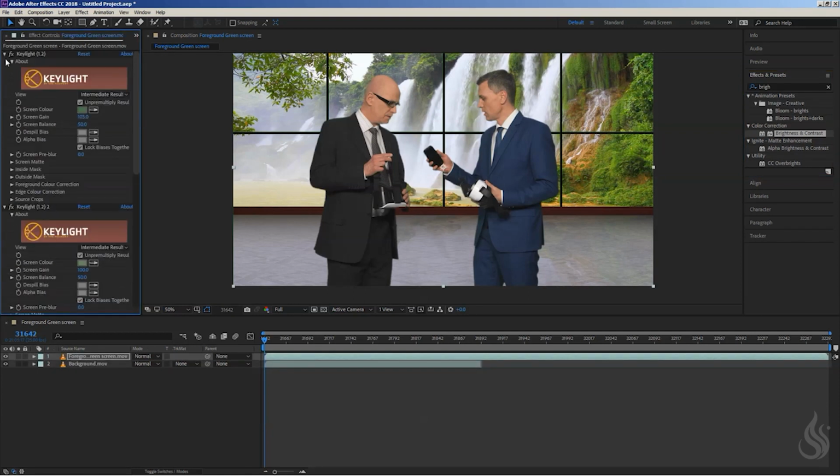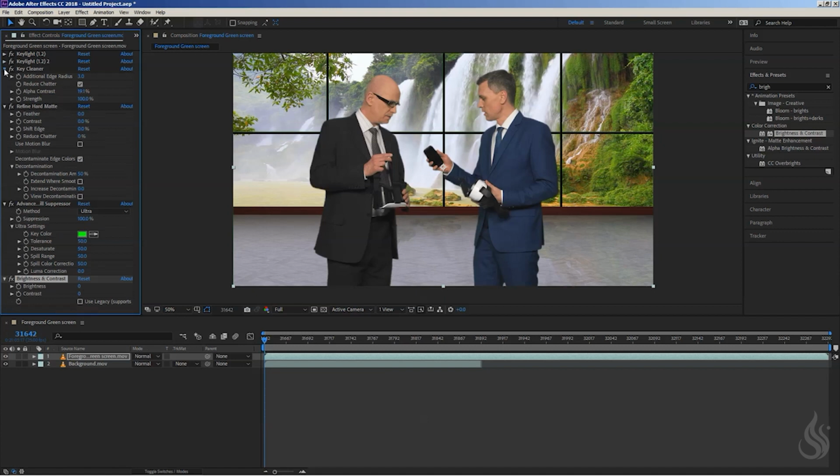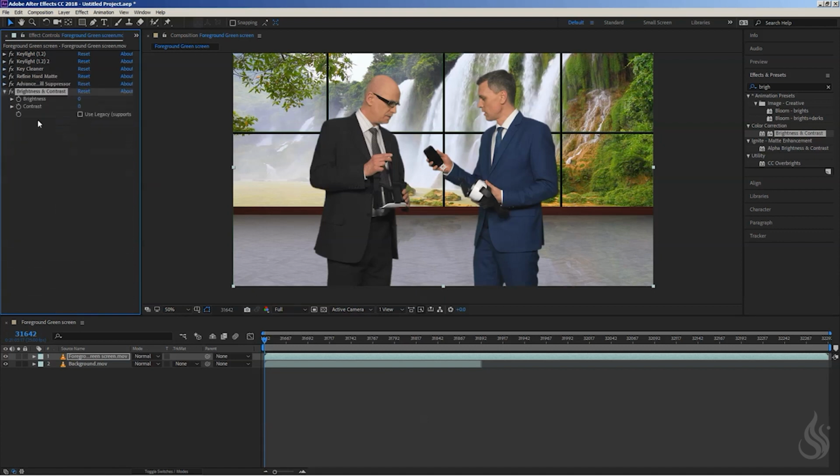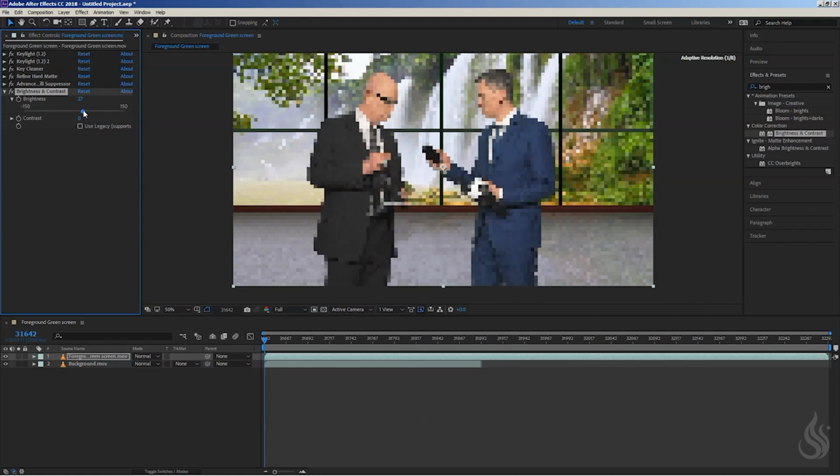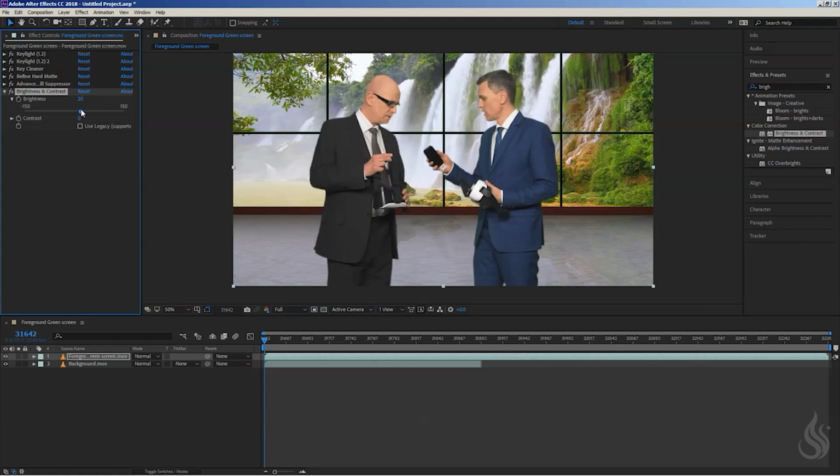I'll just close this stuff because I don't want it to, just the brightness. Okay, I need the brightness and a bit of contrast. So brightness, I'm going to brighten the foreground. That's too much, that is too much. No, actually, it's good. It's good. Okay, this is good. 20 is fine. 20 is good